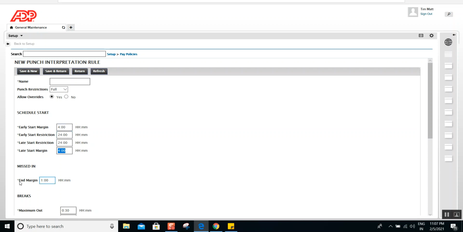And then you have end margin. But before end margin, you see something called missed in, right? So what does this missed in mean? You might have guessed it. Missed in means missed punch. Well, missed punch need not be only the missed punch at the start of the shift. If you're scheduled to come at 9, yes, you could miss to punch in, but you could also forget to punch in